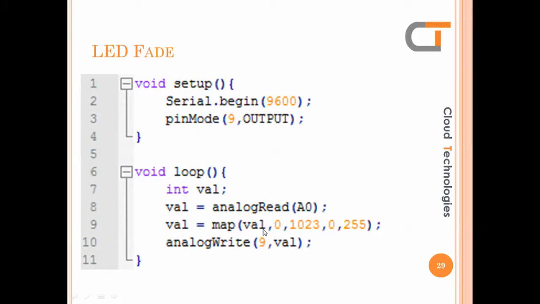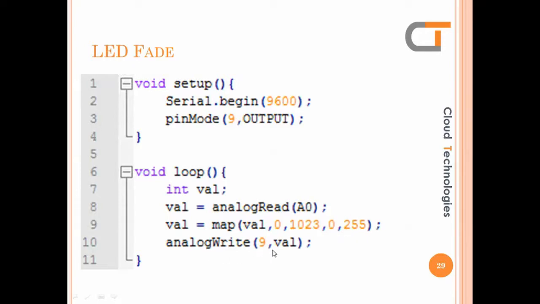That's why we are using this mapping function. In the first argument we give the value read from the analog pin. Next, 0 to 1023 is the range given by the analog read, and this is the range we want. The map will return a value in the range of 0 to 255, and that will be stored in val.